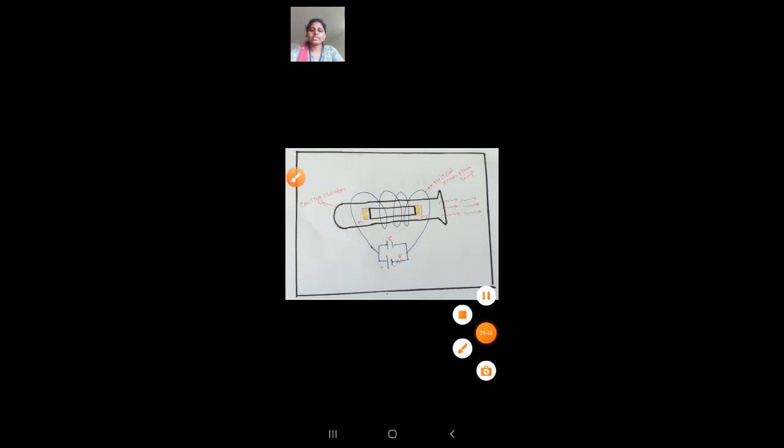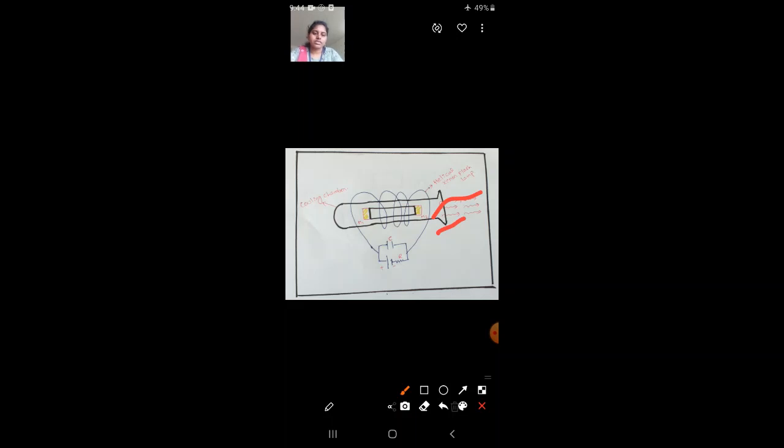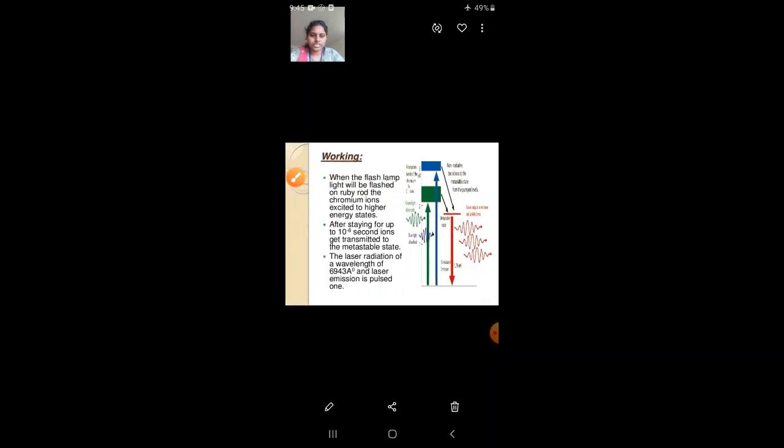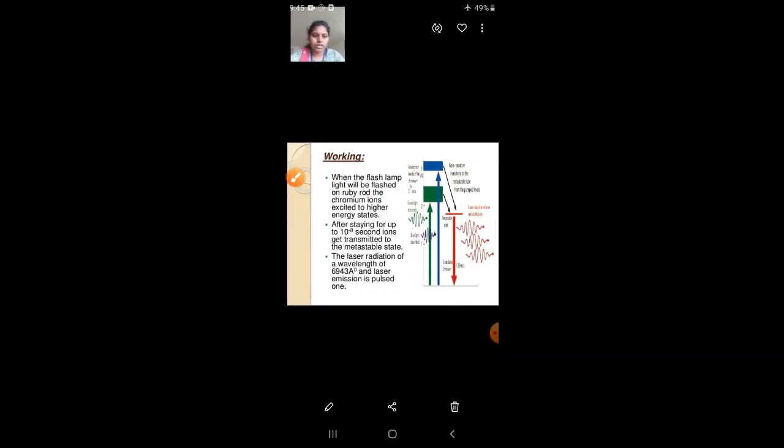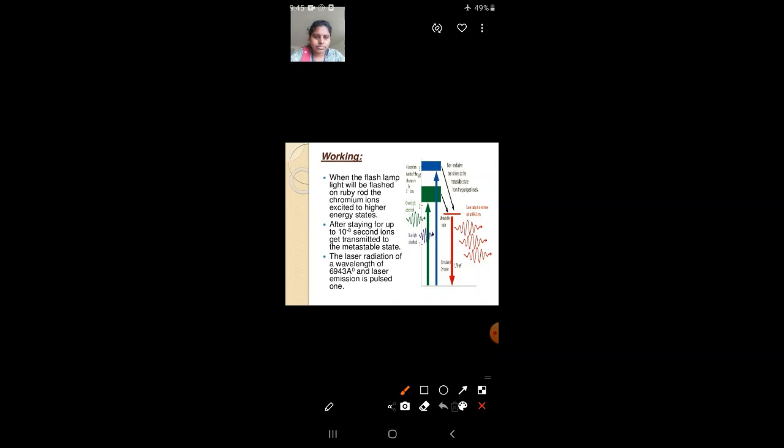So this is the laser light, ruby laser, and here they emit pulses. Step by step, so these are one step and these are another step. So they emit the radiation in the form of pulses. And one node point is there. We will see this picture. Wait a minute, the second diagram.